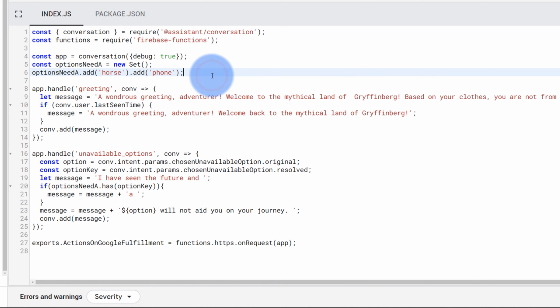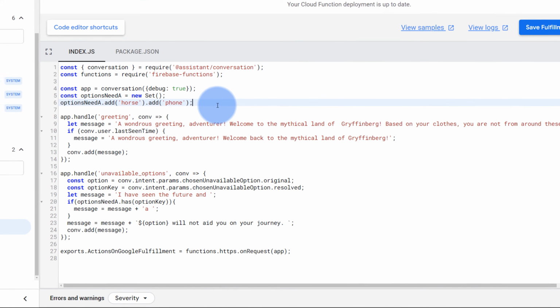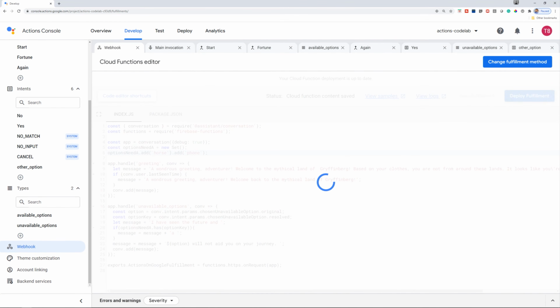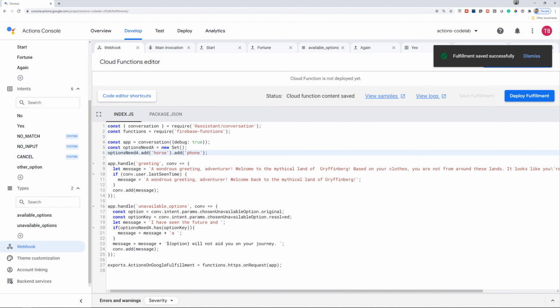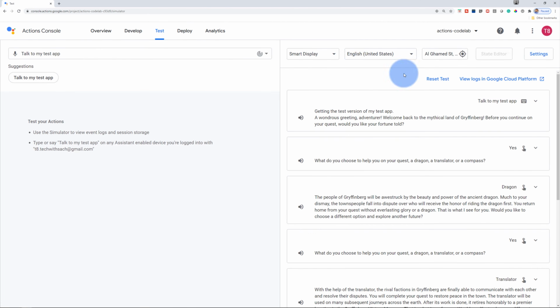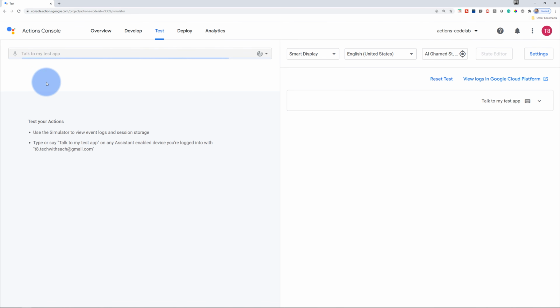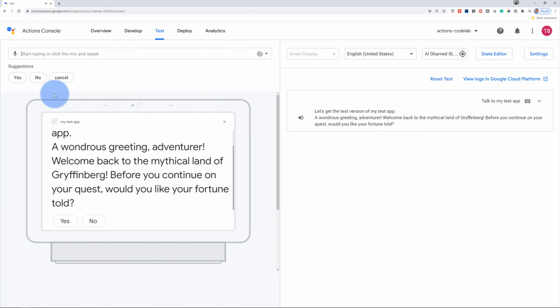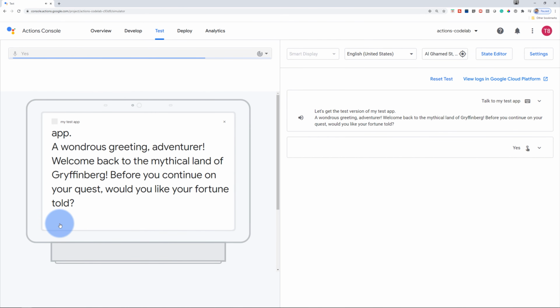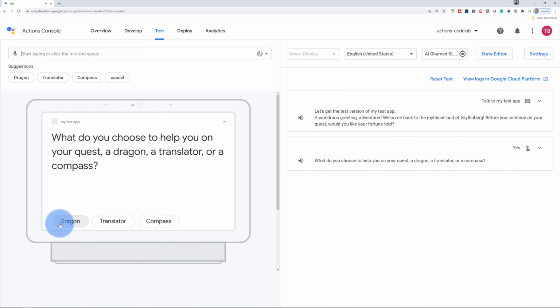Our action should now adjust the prompt based on whether the user's choice from the unavailable options type requires an A article before it. So let's go ahead and save and deploy our fulfillment. Let's go ahead and test our final action. Let's get the test version of my test app. What do you choose to help you on your quest, a dragon, a translator, or a compass? Over here, we can input magic as the option and see if our event handler handles the construction of the